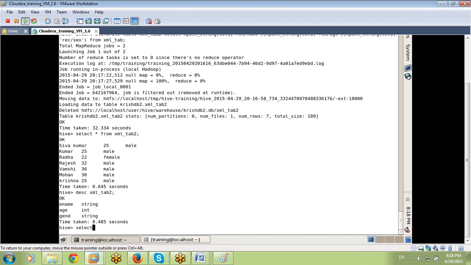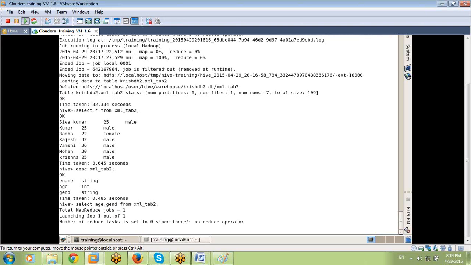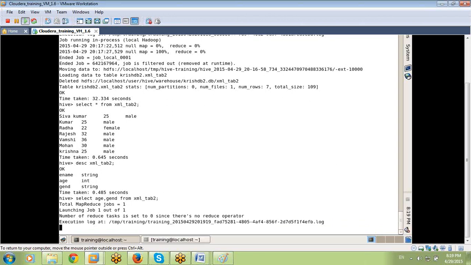But select age, comma, gender from XML tab 2, enter. Again MapReduce is running. So my question is, in Hadoop, behind every Hive query, is MapReduce running?